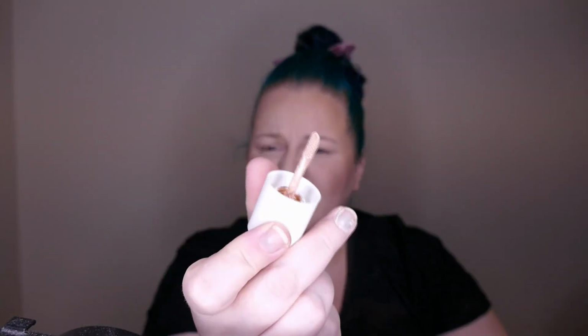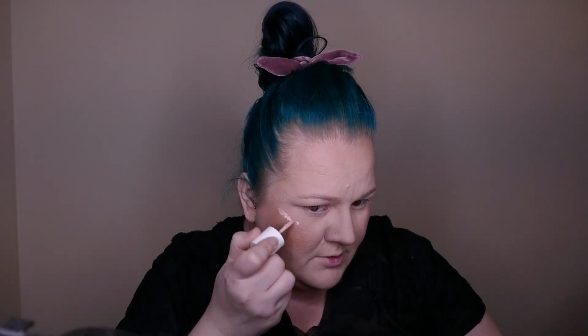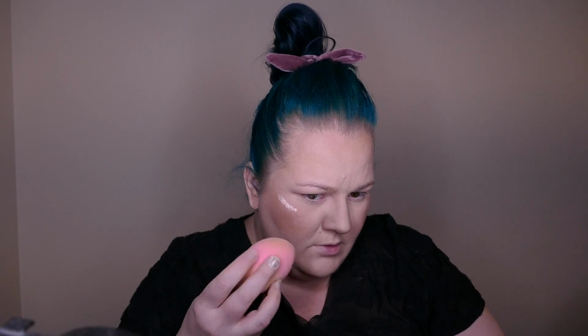Alright, now I've never done this before. This is the Essence Make Me Glow Liquid Highlighter. Technically you're not supposed to put liquid over a powder. And I forgot, and I powdered. So we're gonna see how this goes, okay? It comes on like a little doe foot like this, and we're just gonna go at the top. I'm just gonna dab it on like so, and then we're just going to